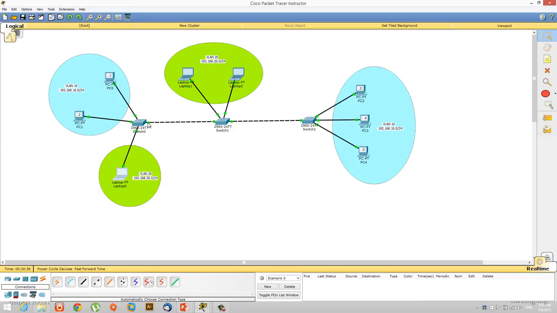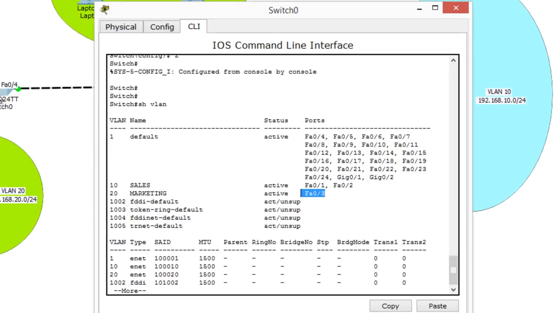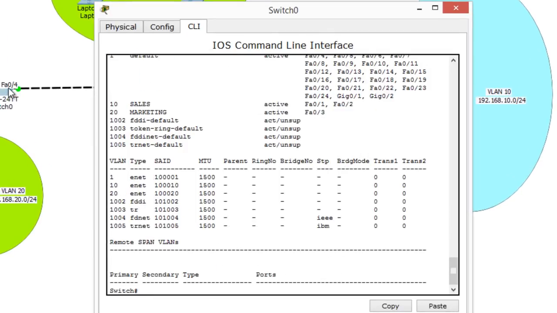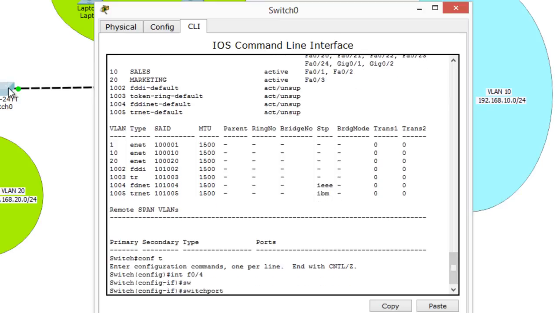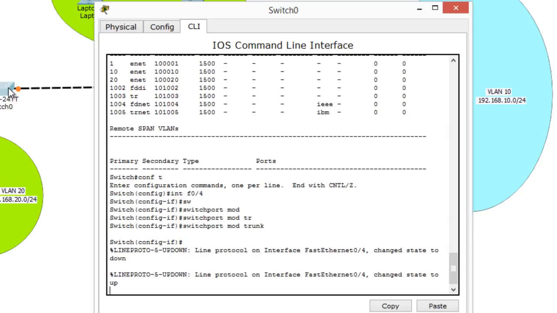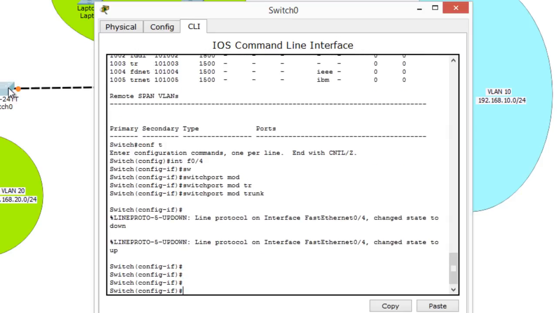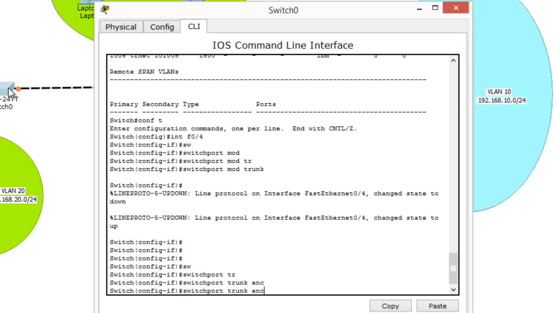So I'm going to go here. This is FA0/4 and FA0/1. So in this switch, FA0/1 is a trunk. So I'm going to go here. I say config terminal, interface FA0/4, switchport mode trunk, right? And in older switches, you had to give one more command saying switchport trunk encapsulation dot1q, but newer switches don't have that command because, like we discussed in one of our previous videos, there is only one encapsulation technology that we use in today's world for trunks, and that is